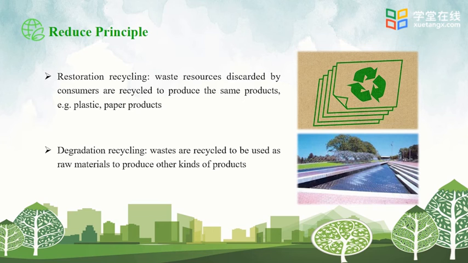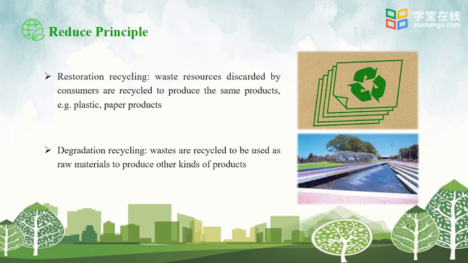The figure below shows the pavement during the 2010 Shanghai World Expo. It was made of waste glass and waste residue. Due to the many impurities in glass, we cannot use it to produce glass products. Instead, we use it as paving materials. Restoration recycling cannot cover certain materials due to technical limitations. We cannot make tin cans with recycled tin cans because of their impurities. But they can be degraded to make doors or windows. China is currently working on technologies to enable restoration recycling for all resources and minimize degradation recycling to maximize the